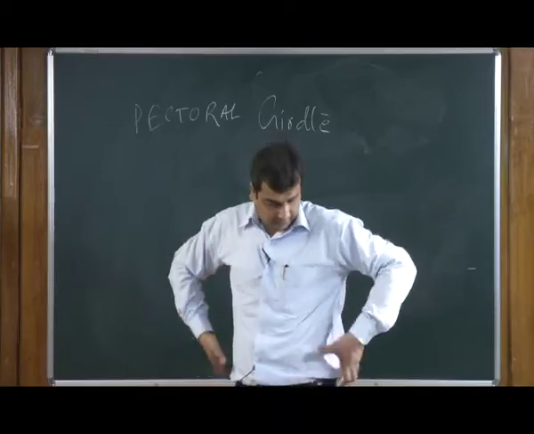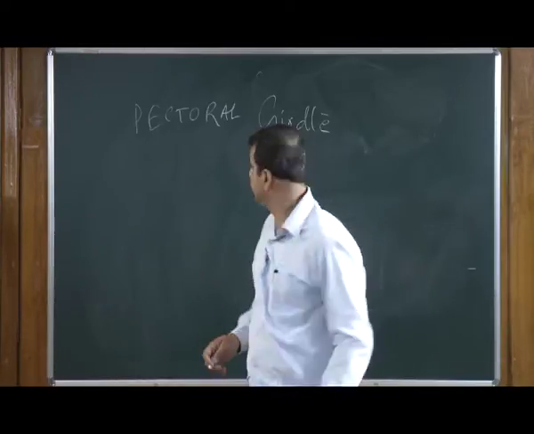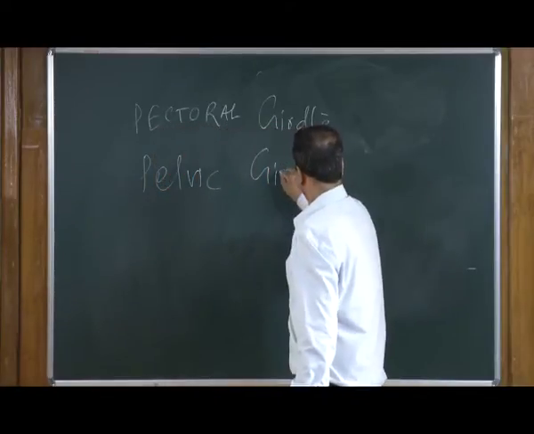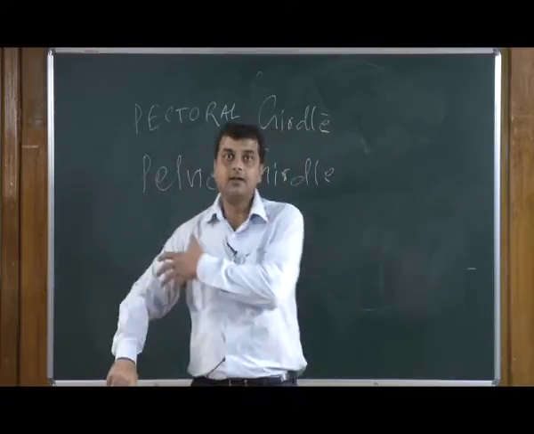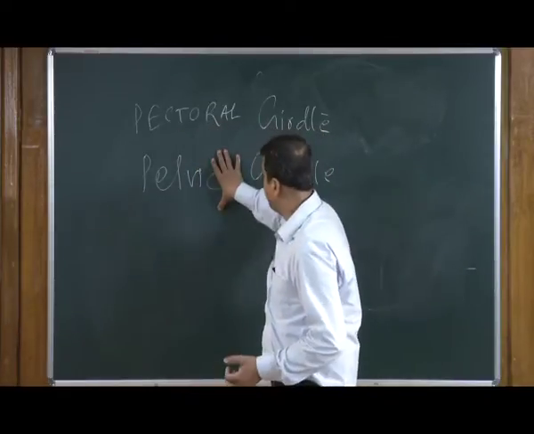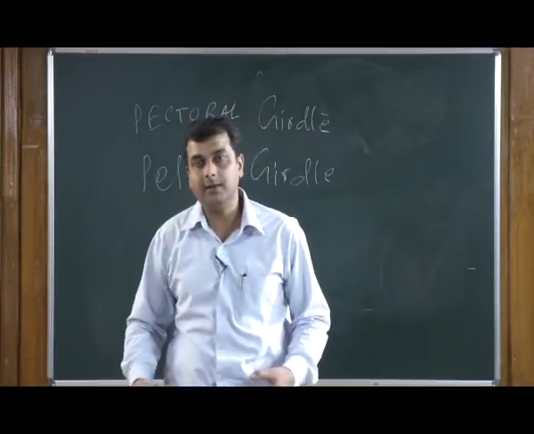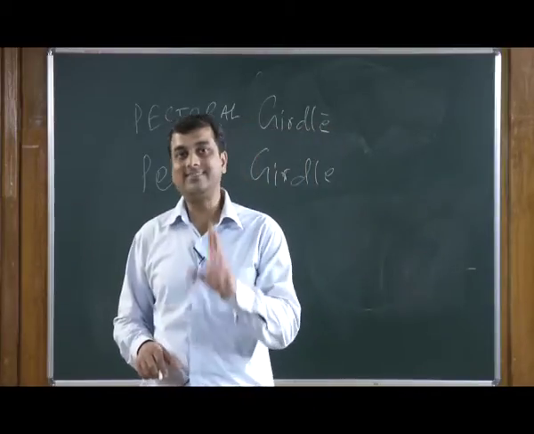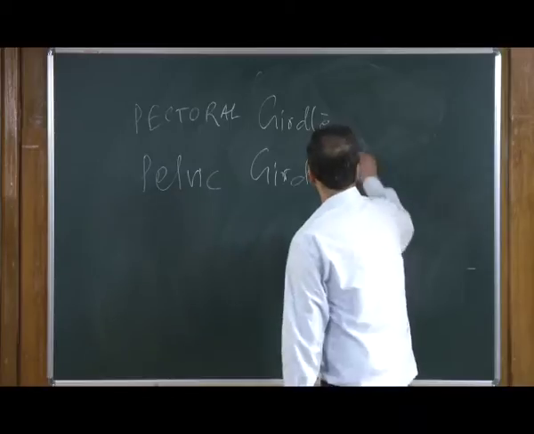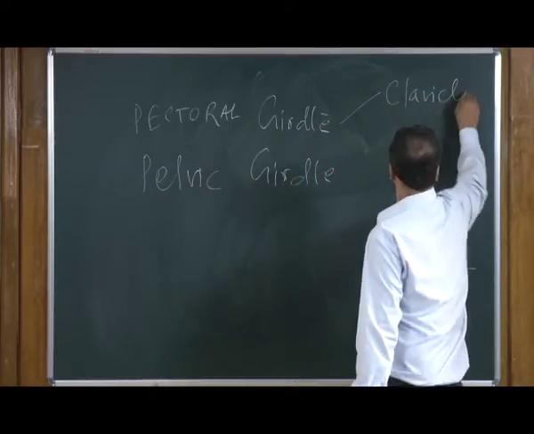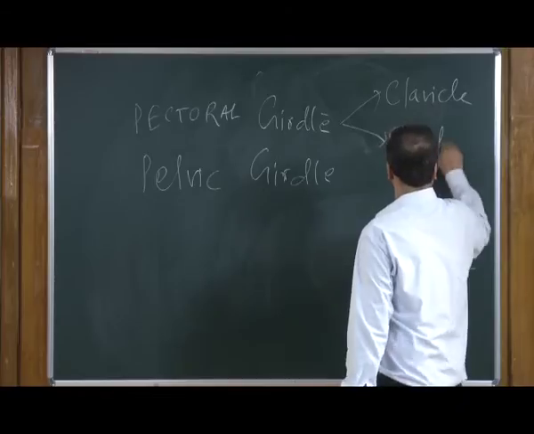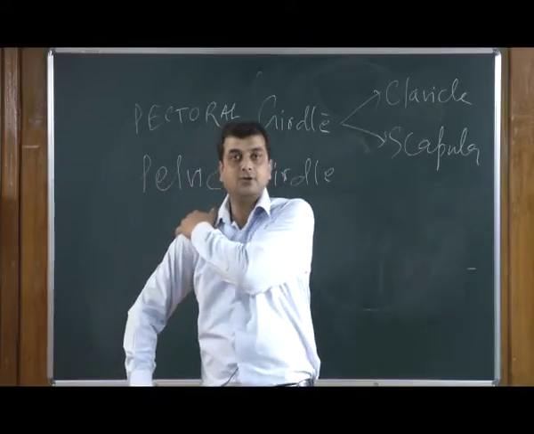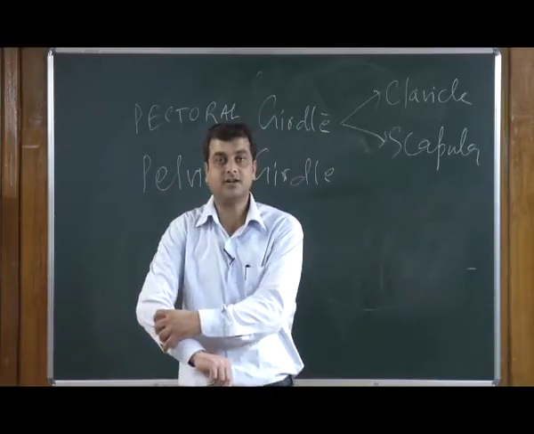And the bottom area is what is called pelvic girdle. So you have pectoral girdle giving attachment to the forearm, and you have pelvic girdle giving attachment to the legs or limb. Now, this pectoral girdle comprises 2 distinct bones. One is called clavicle, and the second is called scapula. So clavicle and scapula are the 2 bones in the pectoral girdle giving attachment to this bony structure, the forearm, while